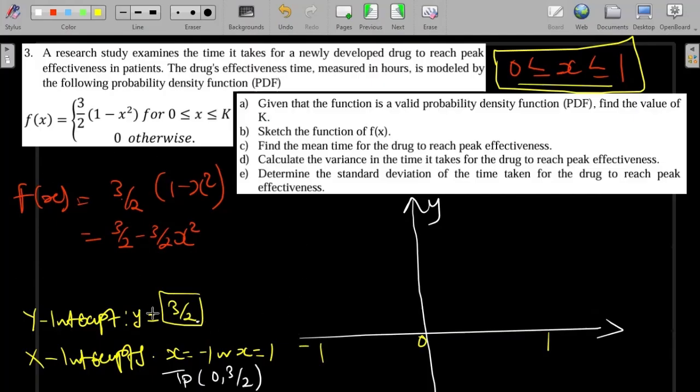Okay, so let's first of all draw a full curve. So we're saying x-intercept, x-intercept. Okay, turning point is (0, 3 over 2). So 3 over 2 can be somewhere there. So 0, this, that's the turning point there. Okay, so the turning point is also the same as our y-intercept. So we can draw a curve here